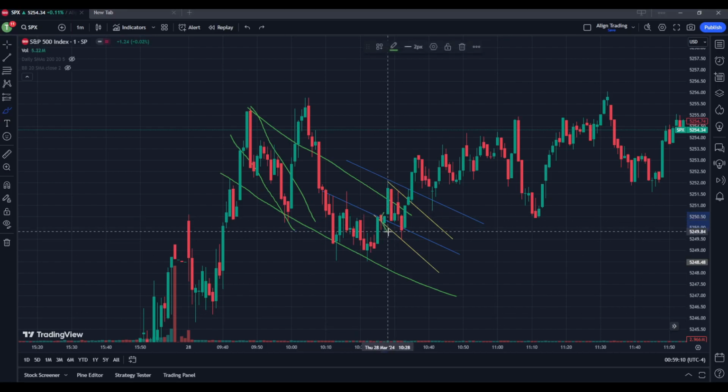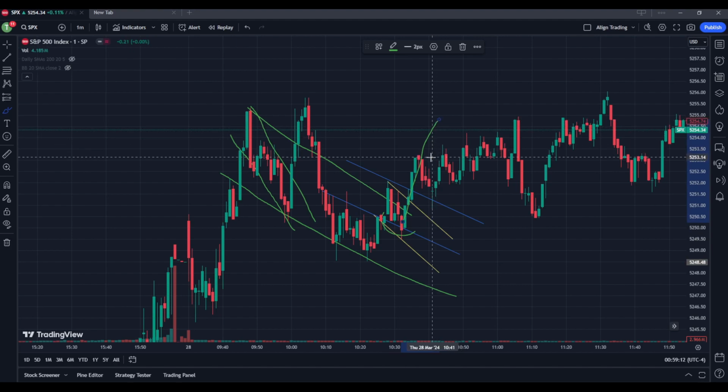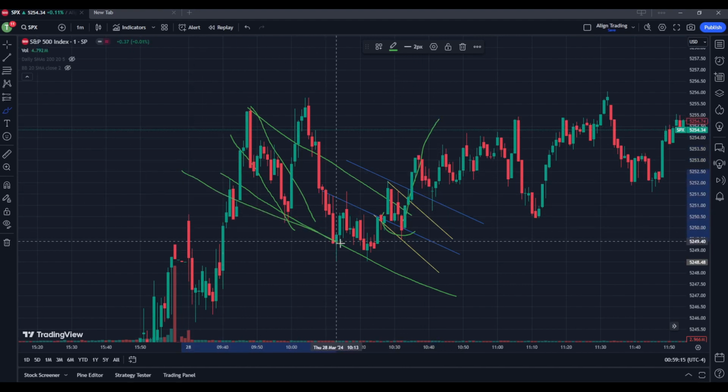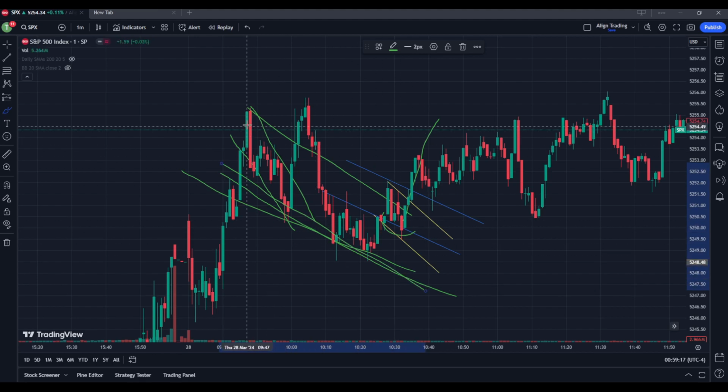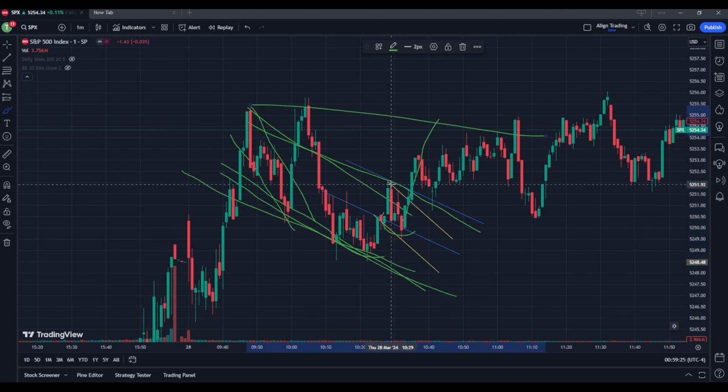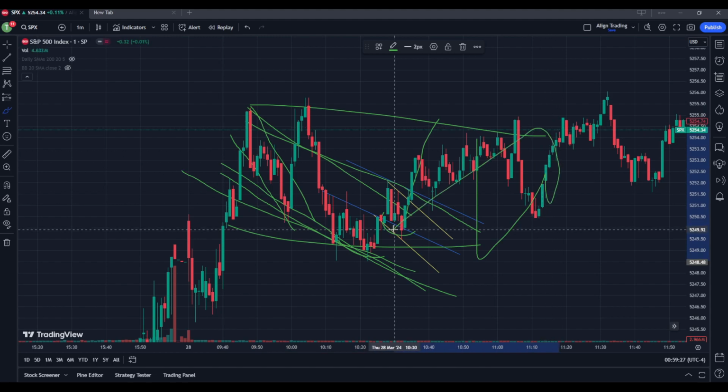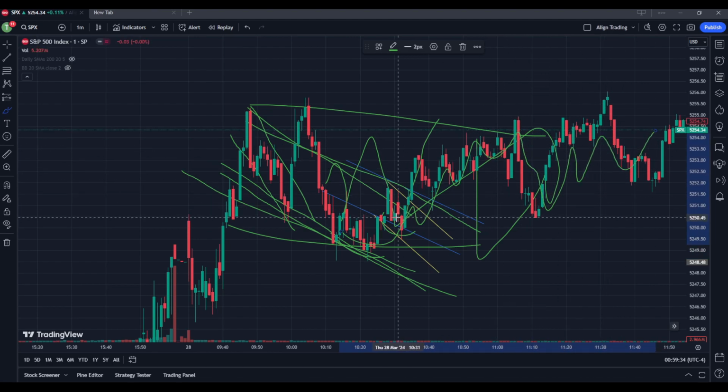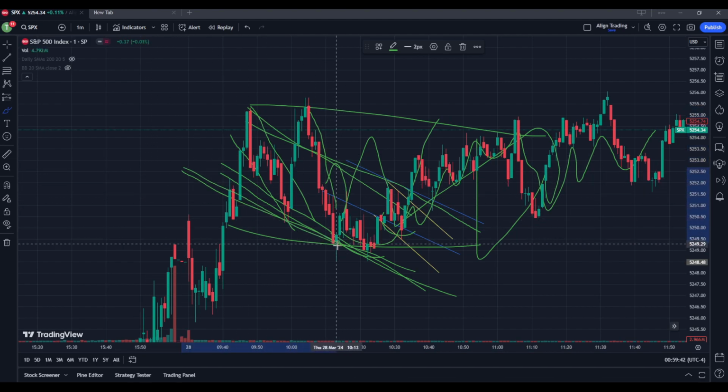Maybe you don't want to enter this position to the upside here, but you're just understanding that this selling is not real selling. It is controlled, so you don't enter puts and you save yourself a loss and you decide to not take any trades because we're just chopping, which is still a win. Even if you don't get in any of this right here, you were able to say, hey, I see this selling, I don't want to miss out, but I do see this algorithm, so I'm not going to enter puts